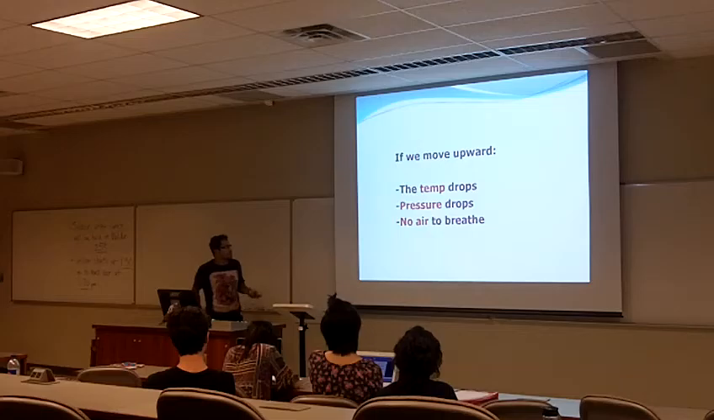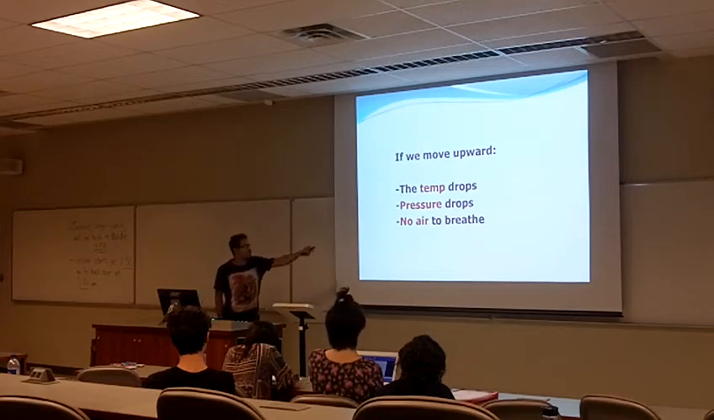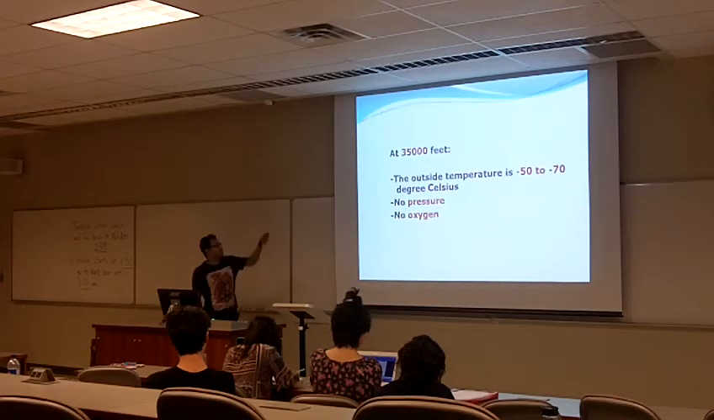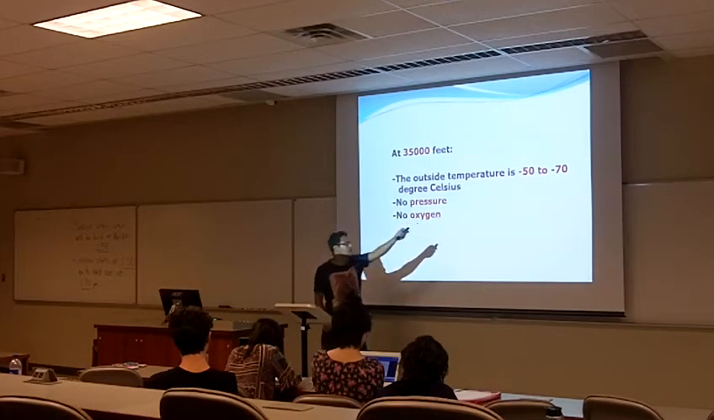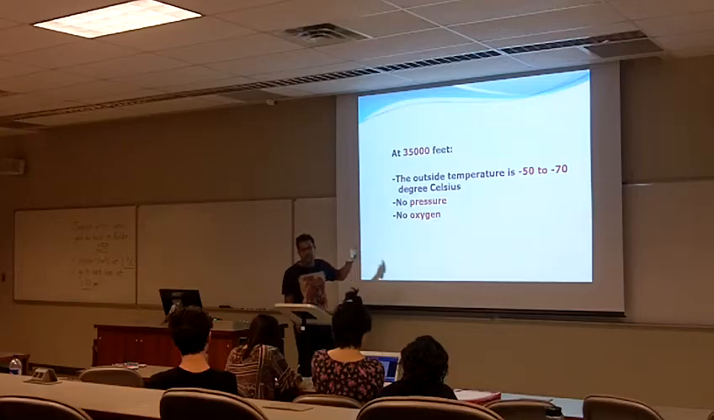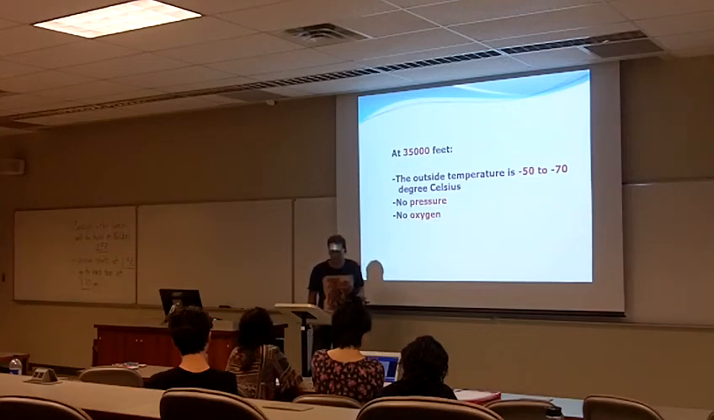When we go upward, the temperature drops, pressure drops, and there is no air to breathe. At about 35,000 feet, the outside temperature is almost -50 to -70, and there is no pressure and no oxygen. Then how do we survive? It's very tough, because here